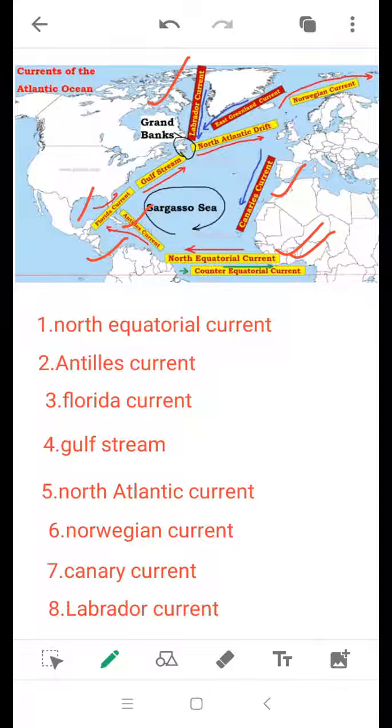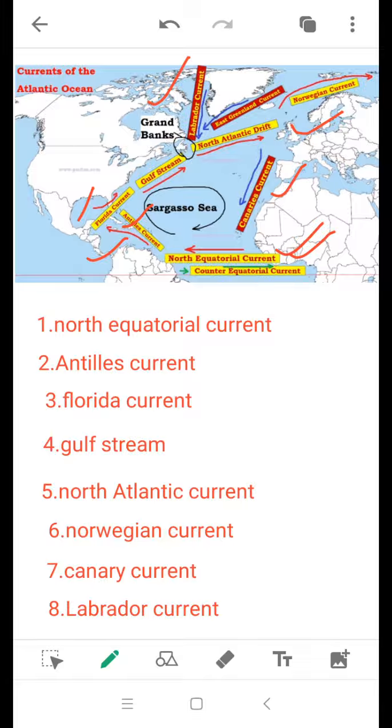Then the North Atlantic Drift gets divided into two branches. One is Norwegian Current, as we have here. Norwegian Current is called so because of the northern countries present here. And the another branch of North Atlantic Drift is the Canaries Current. When the North Atlantic Drift gets its direction in the southern portion, it moves from Europe to Africa, and there is one coast which is known as Canary. That's why it has been named as Canaries Current.